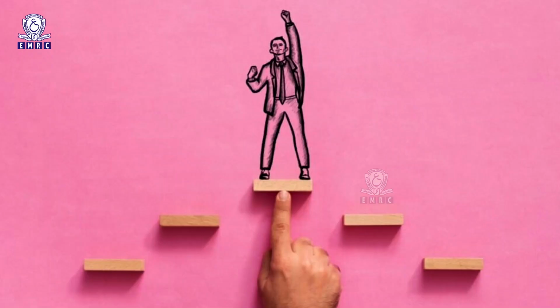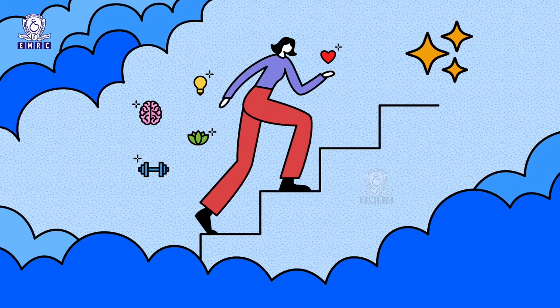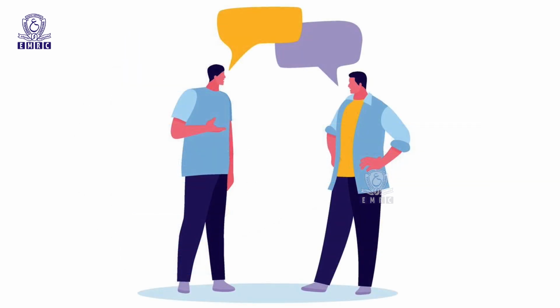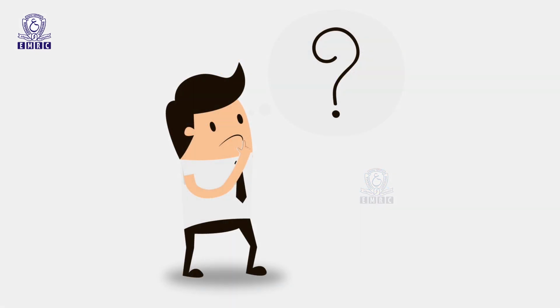Perceived behavioral control refers to readily available resources, skills and opportunities as well as the person's own perception towards the importance of achieving the results. The concept of perceived behavioral control is close to the concept of self-efficacy of Bandura. For example, if two individuals have the strong intention to learn a new language, the one who thinks that he will succeed in mastering it is the one who will tend to persevere more than the other who doubts his